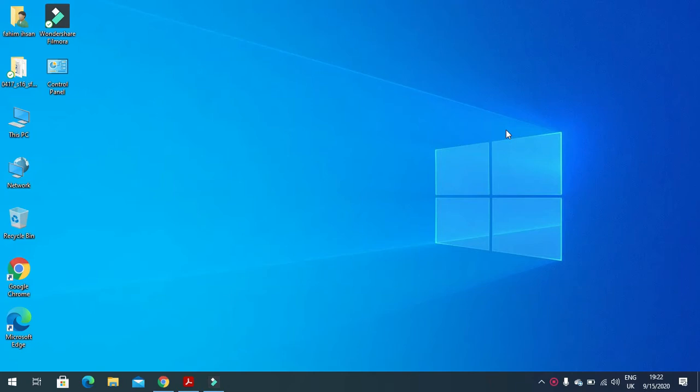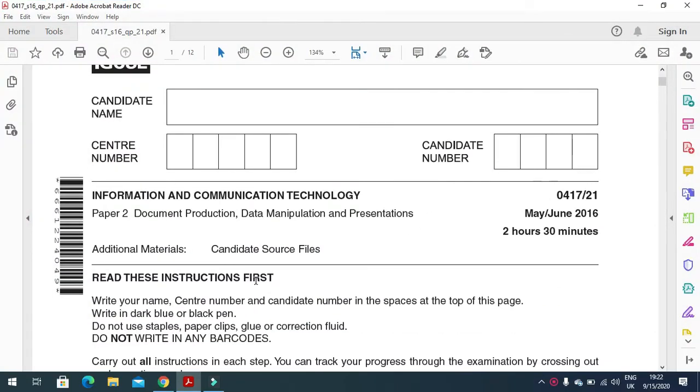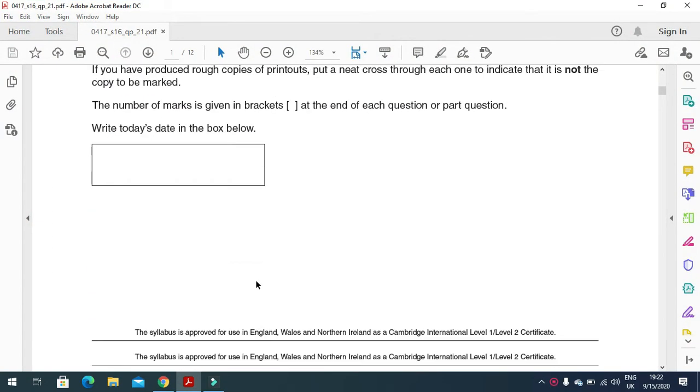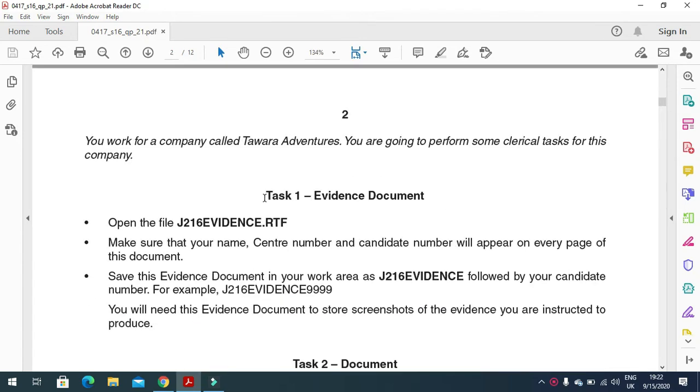Hi everyone. I'm here today to explain Cambridge IGCSE ICT 2016 May-June Paper 21 document production part. Before I proceed with the document production part of this question paper, I would like to start with the evidence document first, as they have mentioned here that you need to open the file